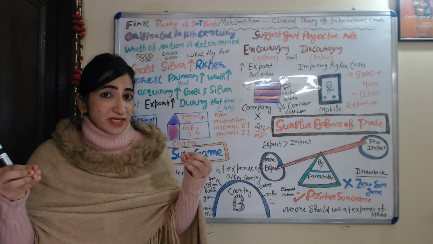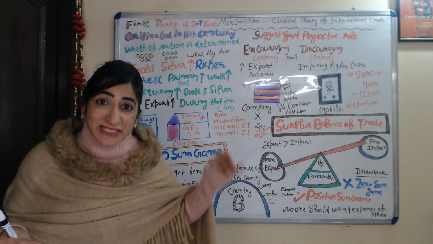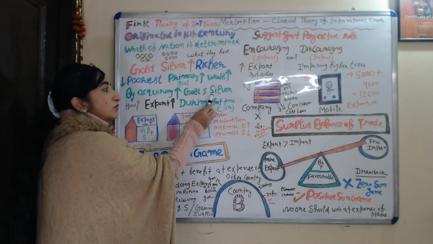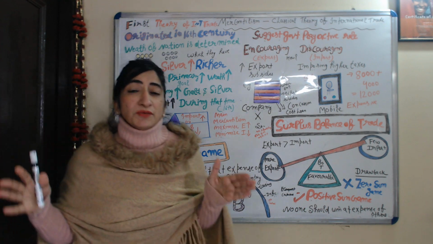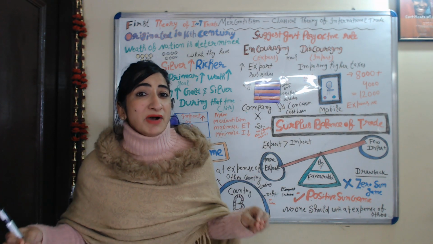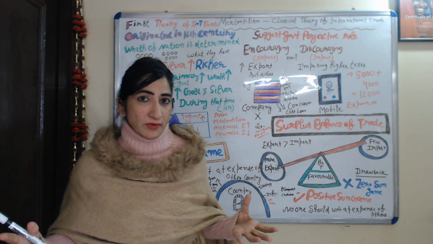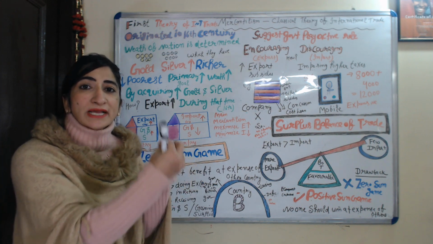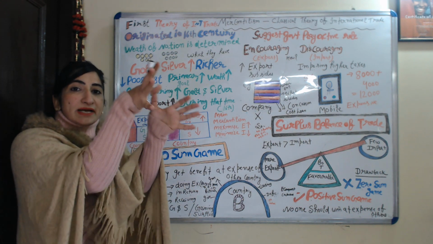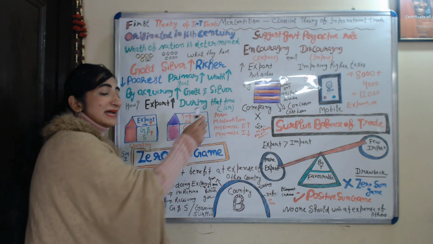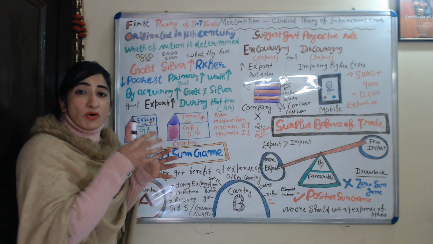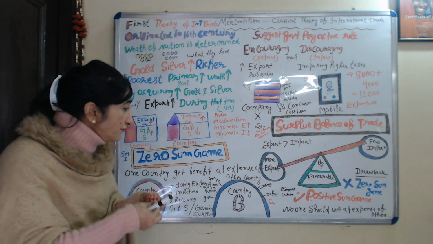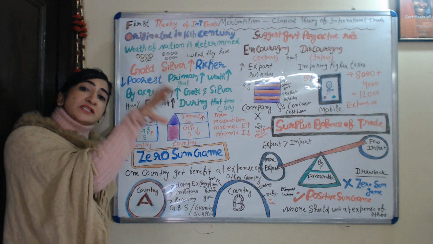Please listen carefully. The primary goal of this theory is to increase the wealth of a nation by acquiring more gold and silver. But the question is, how can we acquire more gold and silver? According to this theory, we can acquire more gold and silver by doing more export, because during that time period when this theory originated in the 16th century, if any country was doing export,